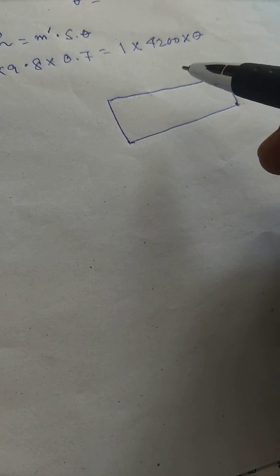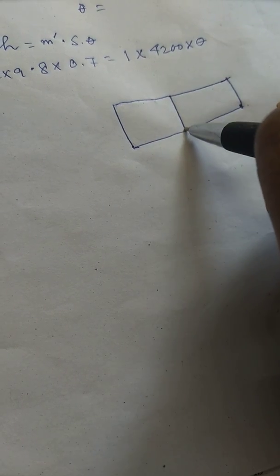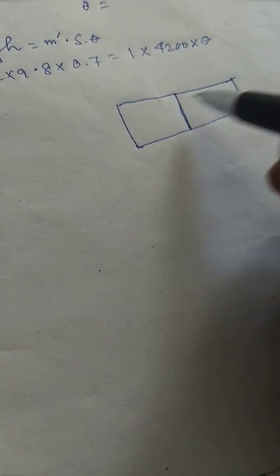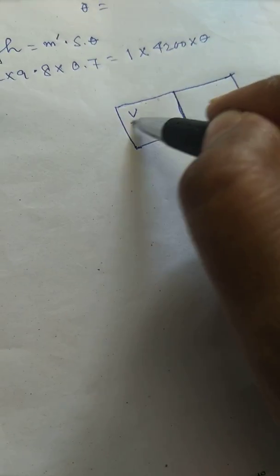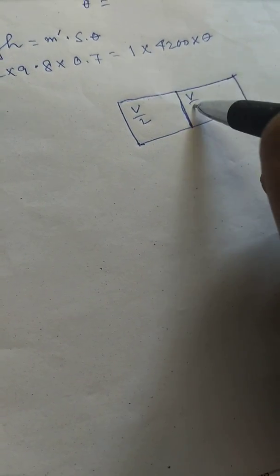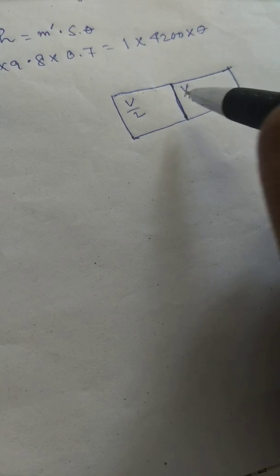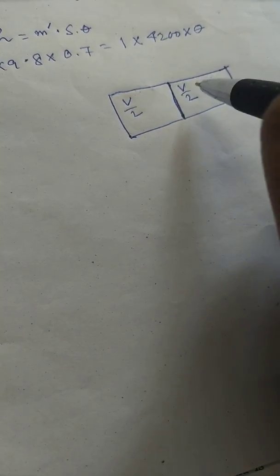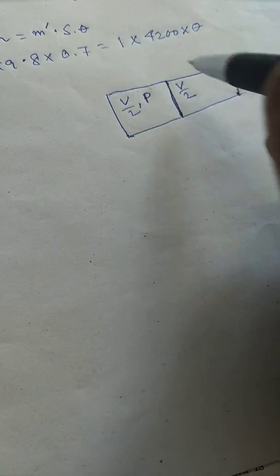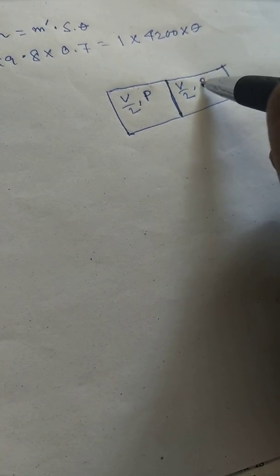This is the container. This is an adiabatic container. That means it is not losing any heat. And this is exactly divided into two parts, and the container has volume V, so each part has a volume V by 2. This separator is a conducting one, so heat can travel through this, and the pressure of the first part is P, and of the second part is also P,